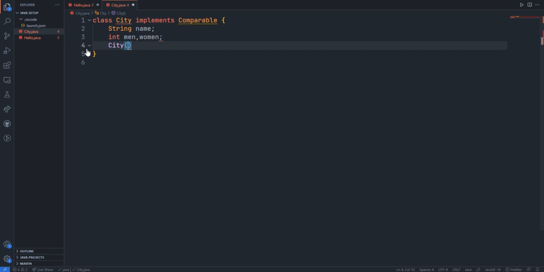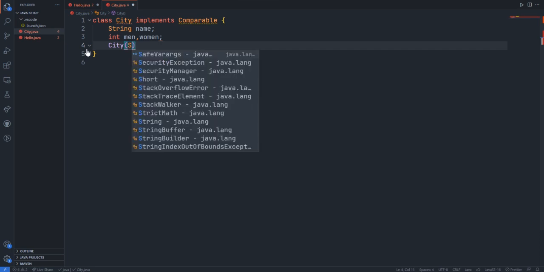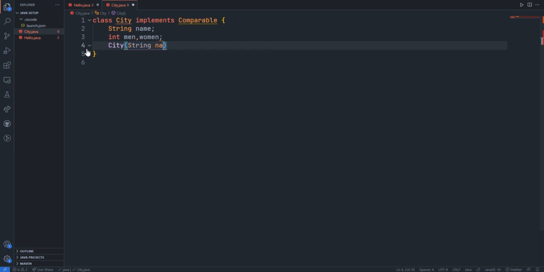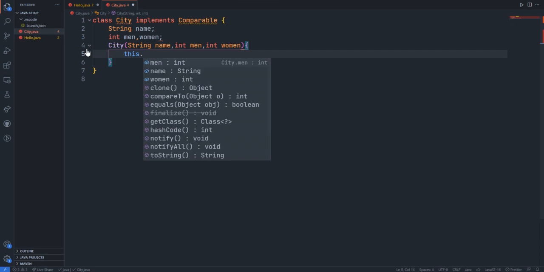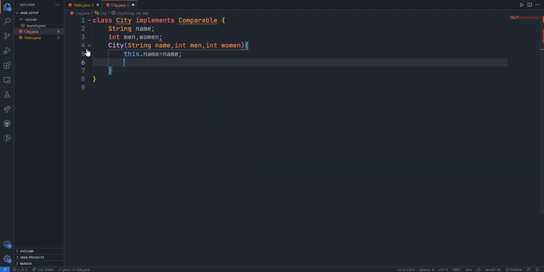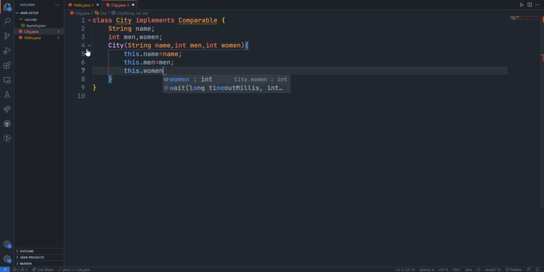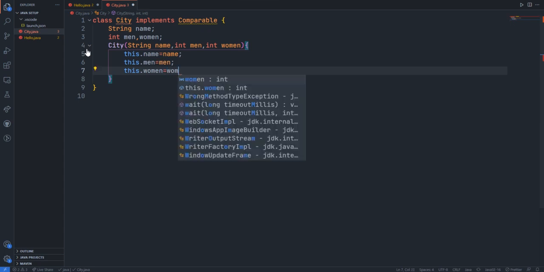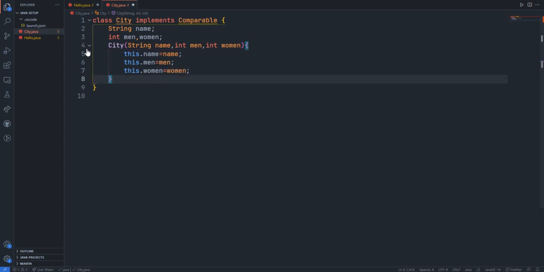I'm passing three parameters: string name, integer men, integer woman. We assign all those values: this.name equals name, this.men equals men, this.woman equals the passed value woman. So we have all set.